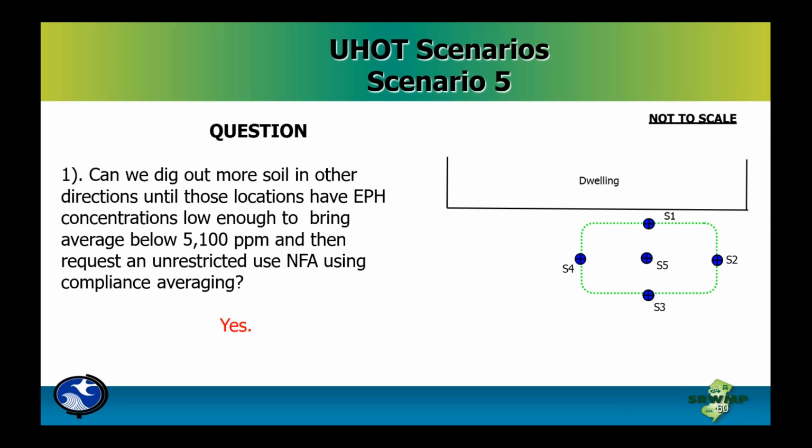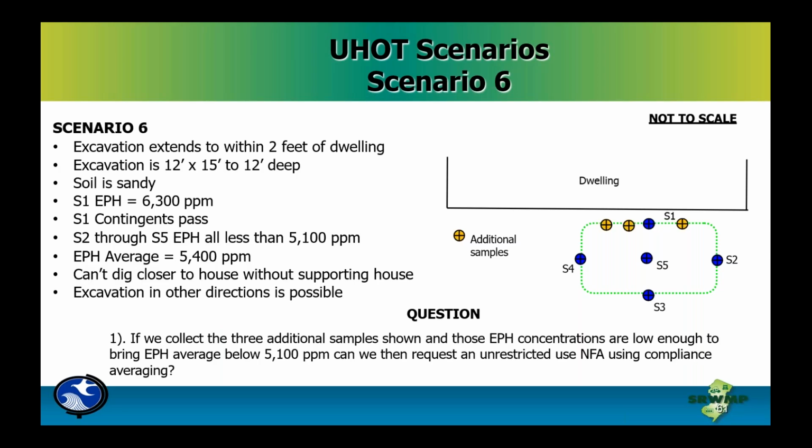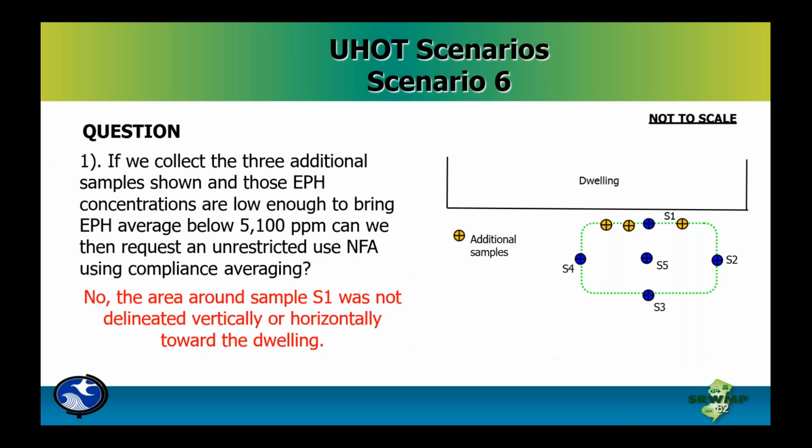Very good. All right. Again, we're going to collect additional samples here. We can't dig in any of the directions. We can't dig closer because we're supporting the house. So the question was around S1: can we take 3 additional samples there and get our average below 5,100? The answer they came back with was no, the area around it was not delineated vertically or horizontally. But if we do delineate around S1,